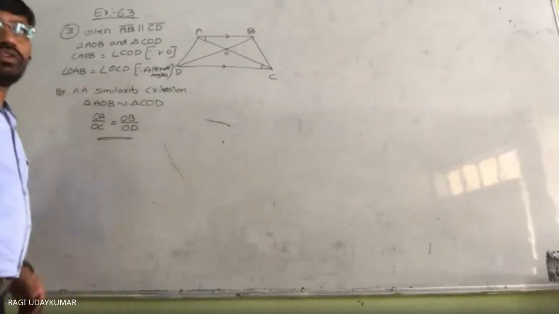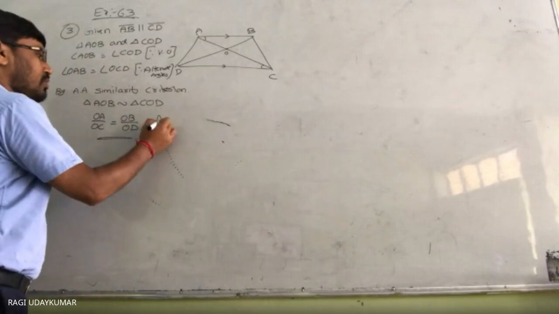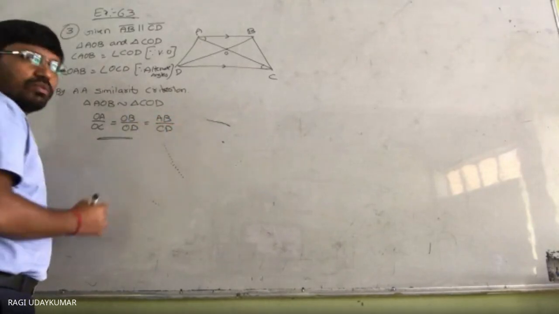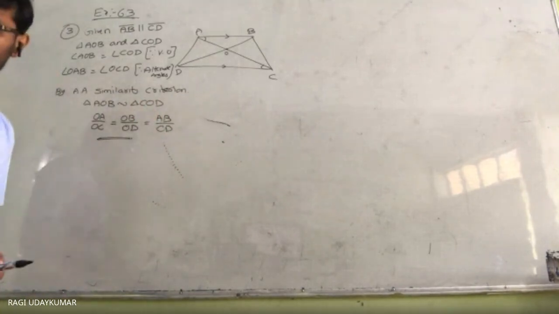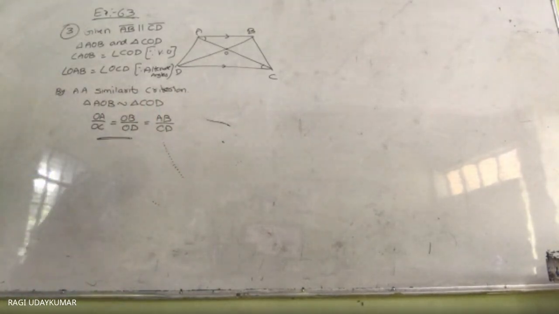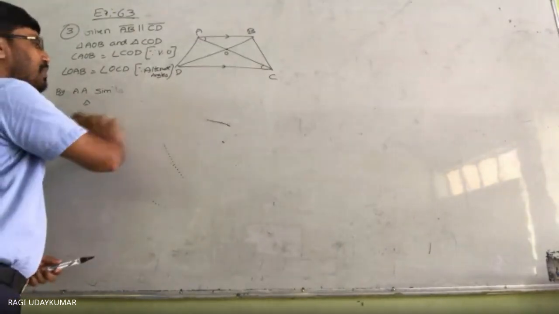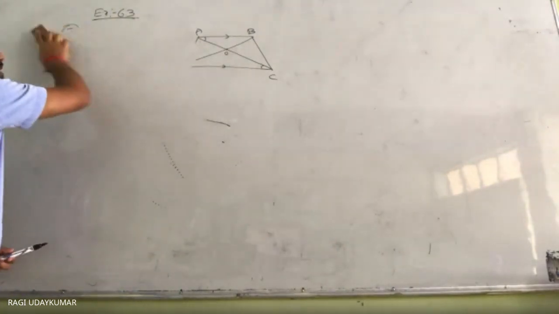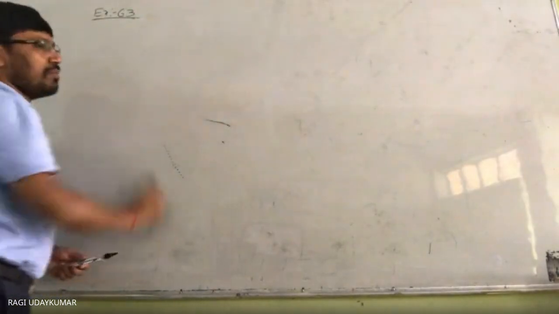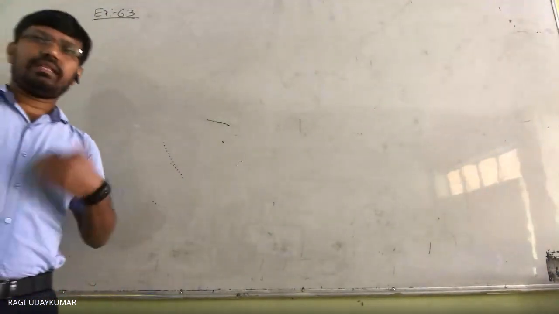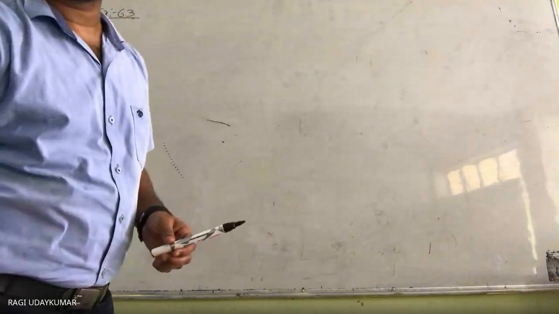So this is all it is asking you to do. Actually, this will also be equal to AB by CD, but it is not necessary to mention AB by CD particularly here. Okay, is it clear to you? So this is a very simple problem. We have solved trapezium related problems, and the same problem we solved in the previous exercise 6.2 also, maybe as homework.